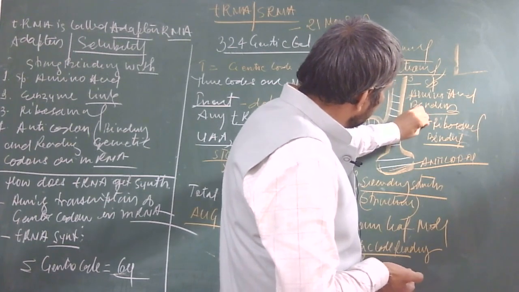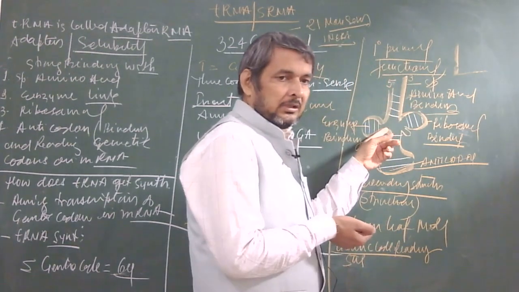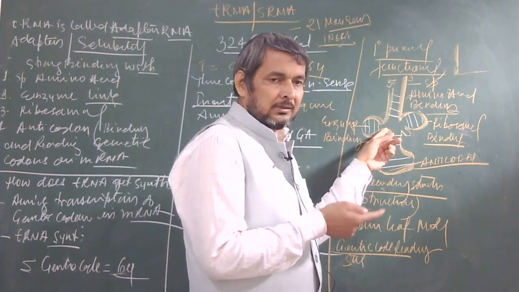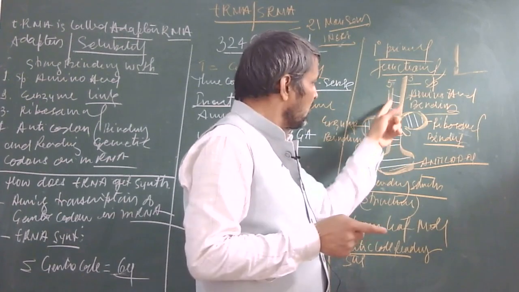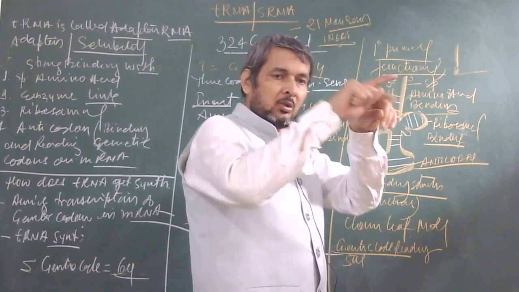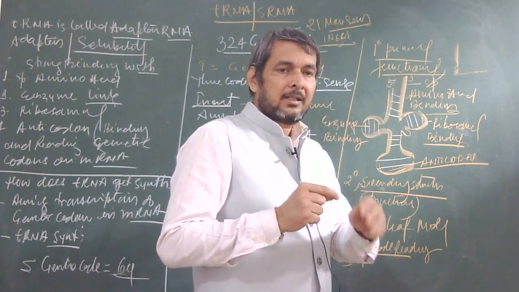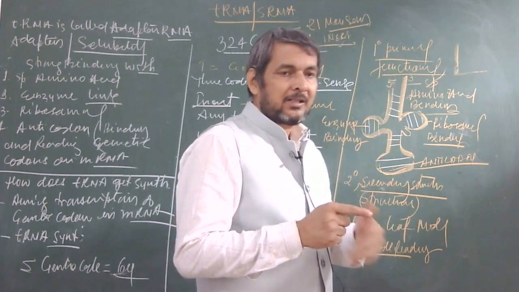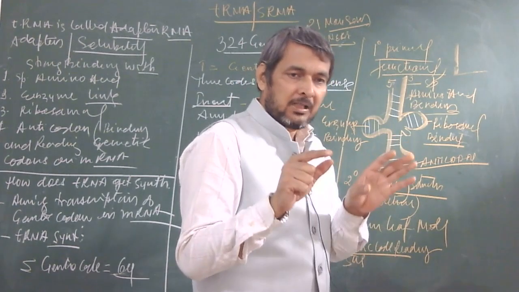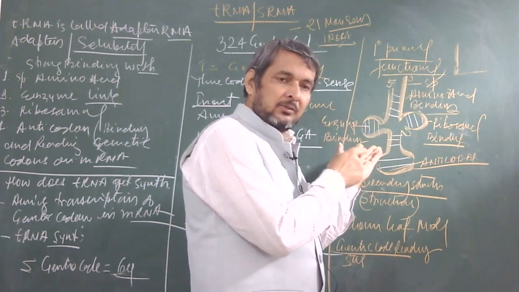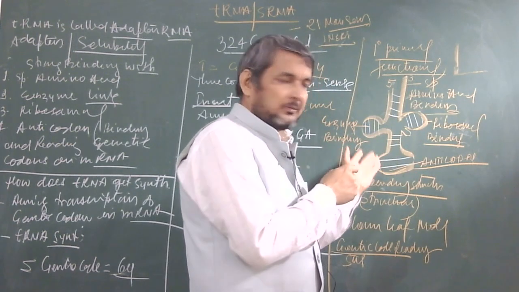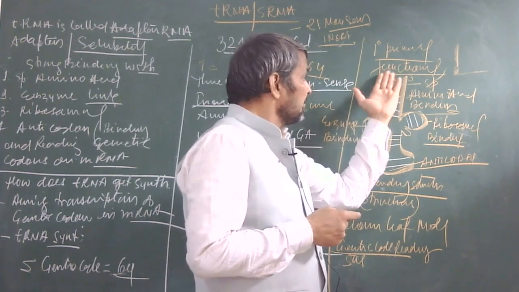Due to formation of hydrogen bonds between the overlapping regions, between the looping regions of the tRNA molecule, they gain extra stability. So the transfer RNA molecule is now stabilized in the 2 degree or secondary structure due to enfolding of the